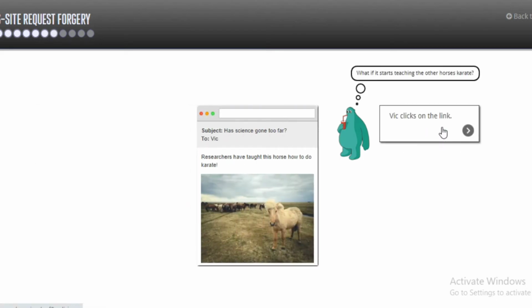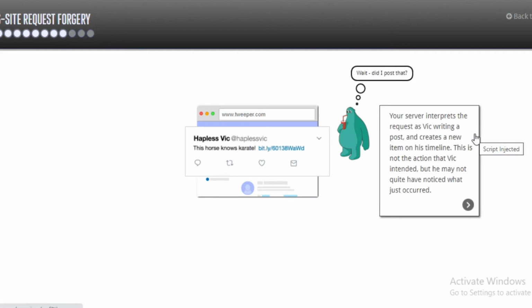When he clicks on the link, it automatically goes through by the permission of the user, as if the user himself requested to post or give a command in his name. Whenever he clicks on it, a script runs automatically on the backend, and the website registers it in the name of the client, or you can say the victim.